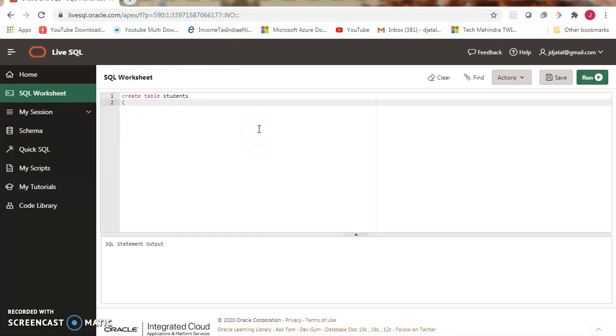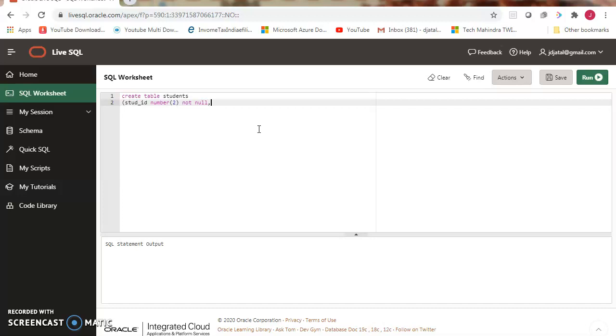Create table students, student ID. I am declaring its data type as number, its size as 2. Here I am declaring the not null constraint for the column student ID.